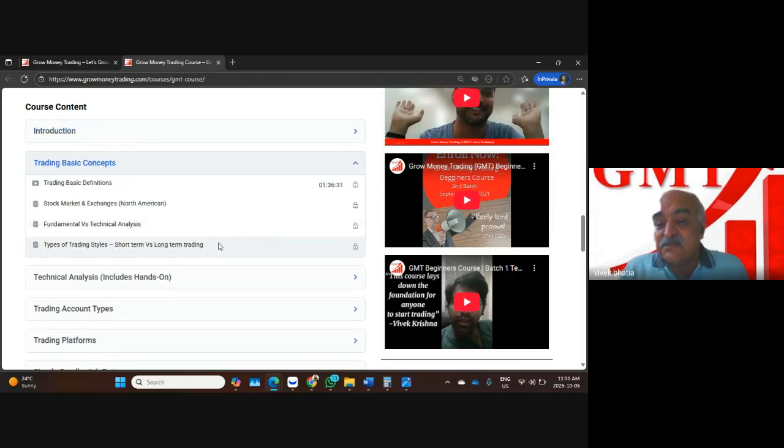The US has got multiple exchanges. You have NASDAQ, you have Dow Jones, you have CMX, and it goes on. Do you know how many exchanges there are in India? Don't tell me two. It is not BSE and NSE alone. You have MCX also, which is in GIFT City. You have the Delhi Stock Exchange, the Ahmedabad Stock Exchange, the Kolkata Stock Exchange. So there are about 7, 8 exchanges within the country. And what do we know of? We basically know of only two, which are the ones most predominantly traded upon. So we will talk to you about the exchanges that are available, where you can trade freely.